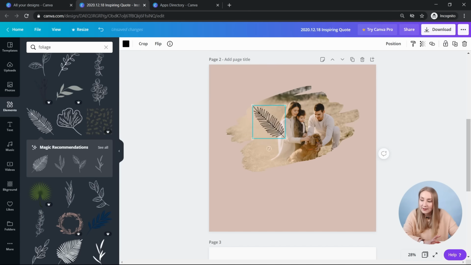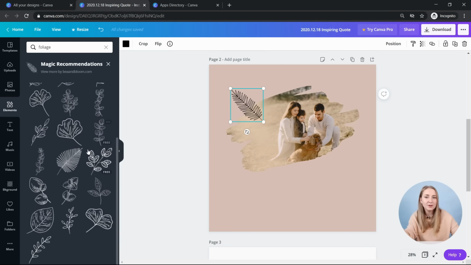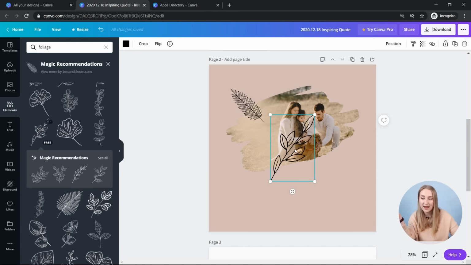Another cool trick that Canva does within these is the Canva magic recommendations. If you click on a particular element, you see the magic recommendations in here. If you click on them, Canva will pull different designs, either by the same author or very similar in terms of how they were created, or again, match them by the keywords. This is a really neat thing if you're looking for more than one element to fit into your design.